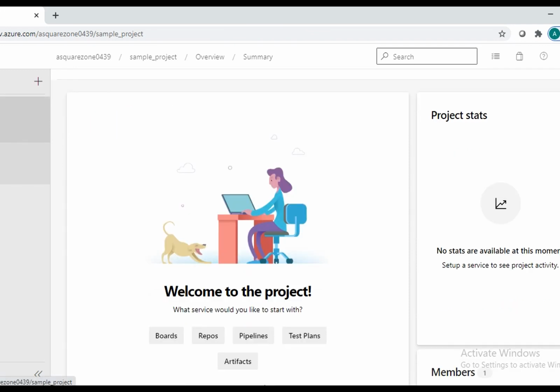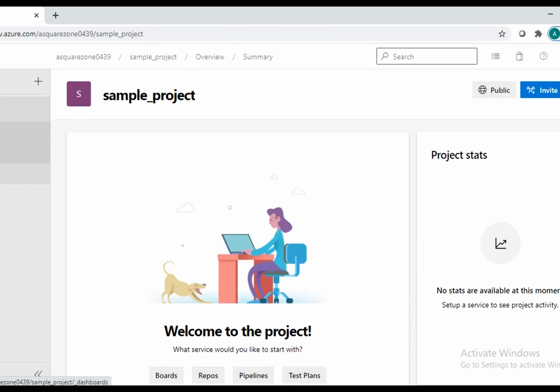Here we can see what we have discussed earlier: dashboards, wiki, boards. In boards we have a couple of options like work item boards, backlog, sprints, queries, and repos. It's like a version control system. This is either Git or a centralized version we can use here.